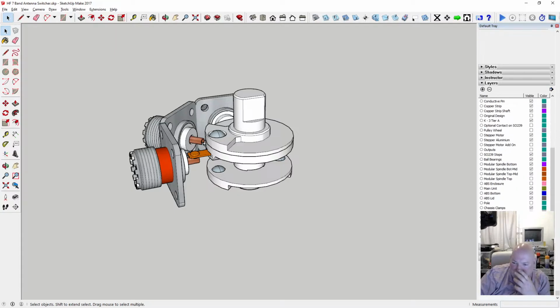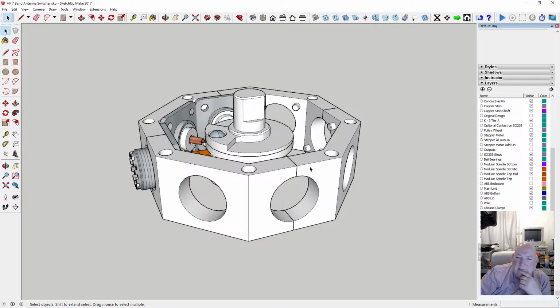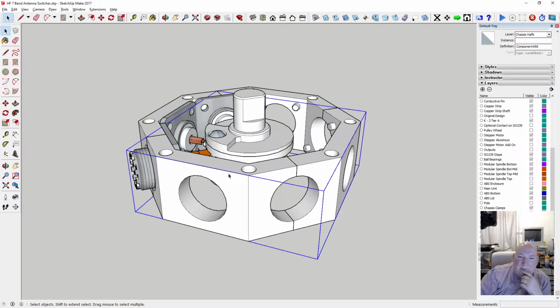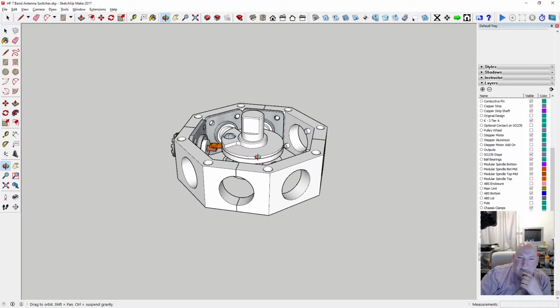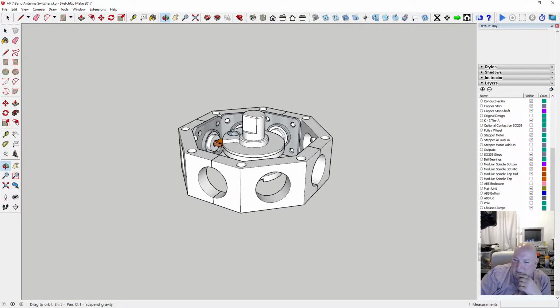Right, where are we going? Chassis halves, chassis clamps. Did I call it chassis? Oh, I don't know what I called it anymore. Right, so chassis halves. Well, that's... Oh, that is half. That's half there. So I haven't actually got the one anymore. Where's the original? So it looks like they're there, but they're not there. I'm missing something.